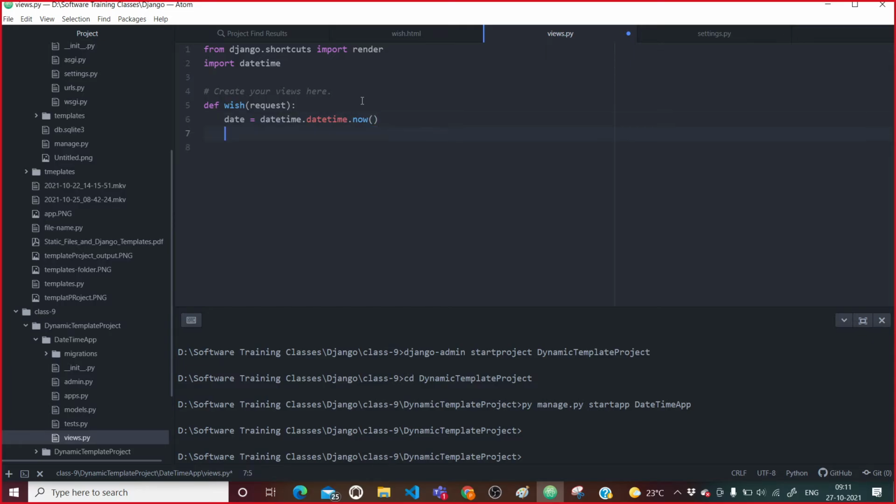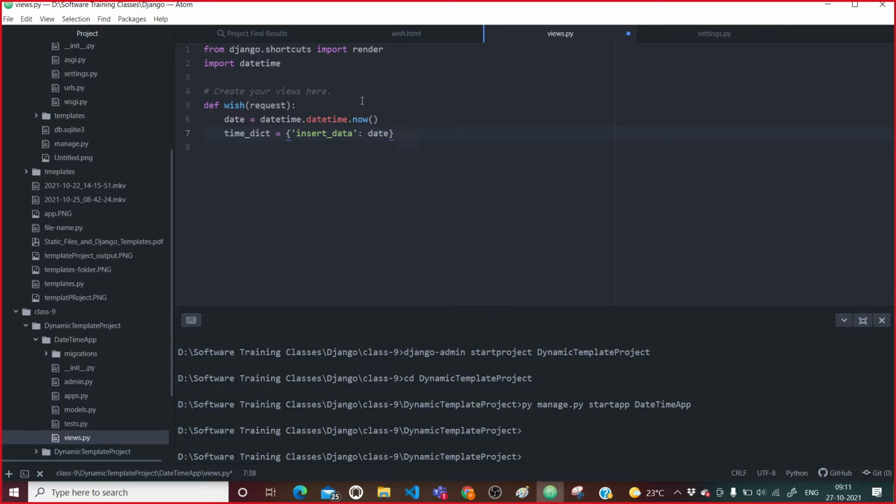After that, I will say my date. Here I am creating a time dictionary. This time dictionary contains a key called insert data, and this key has a value called date.